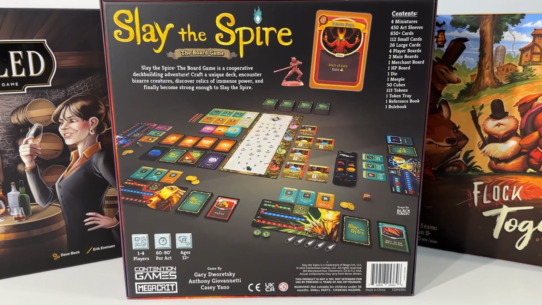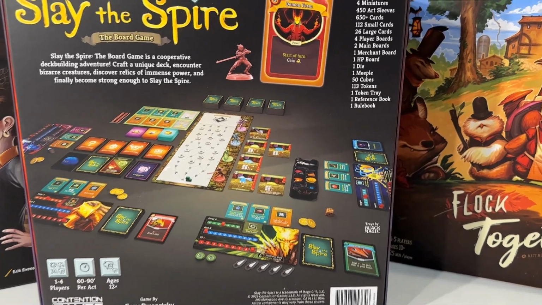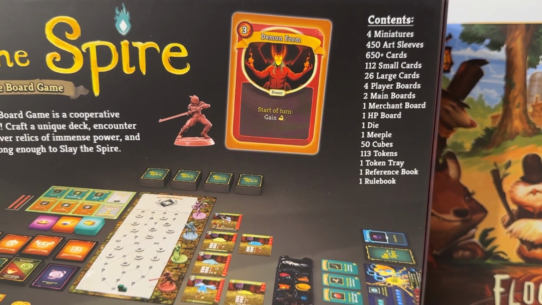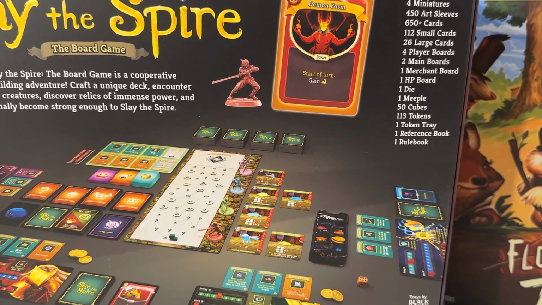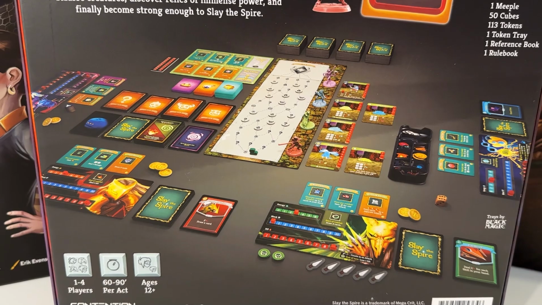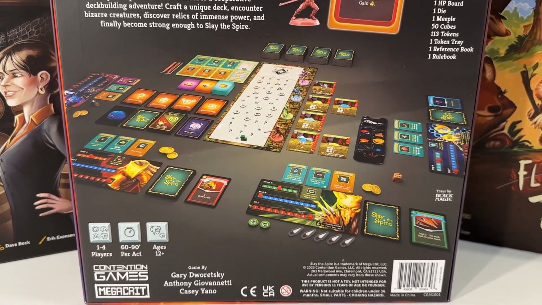And this is a really, really huge box. Lots of stuff in it by the looks of the content list here on the back of the box. But definitely some interesting elements. I love the fact that there's miniatures, lots of different types of cards, and interested to see how this one